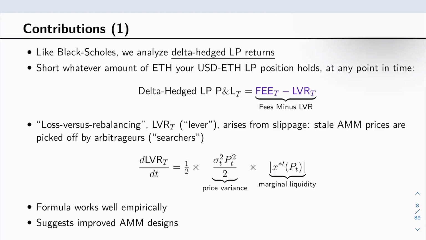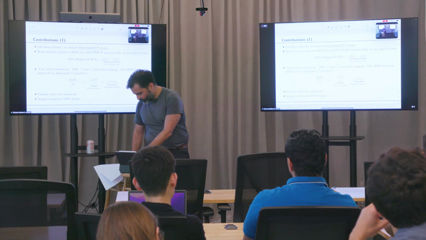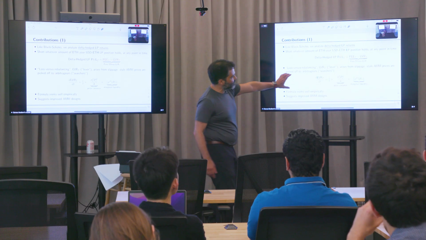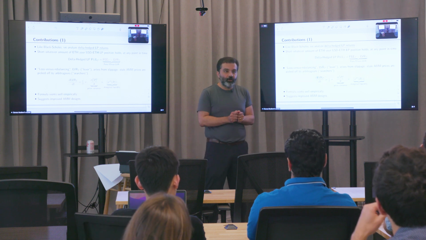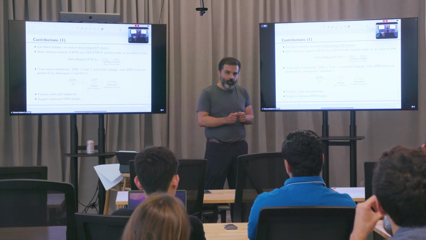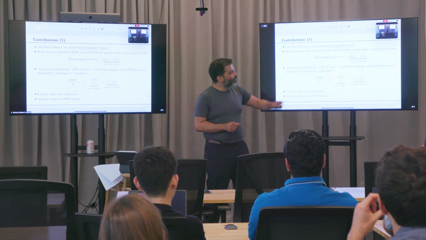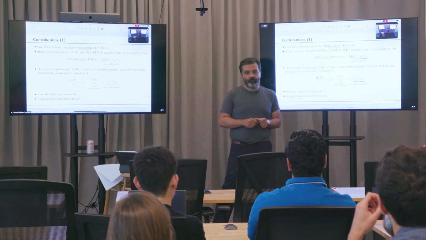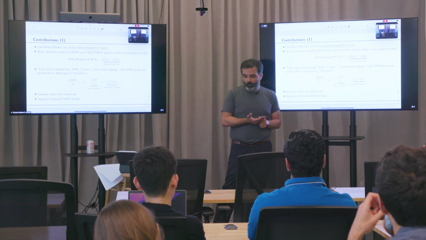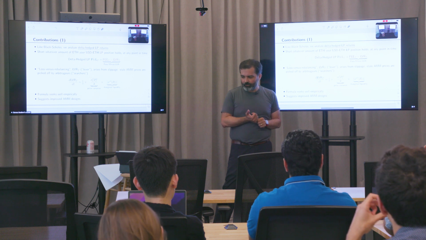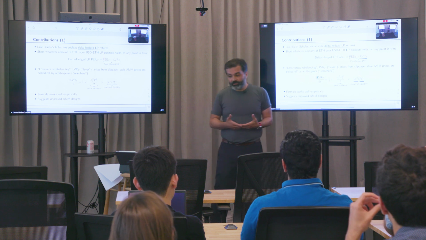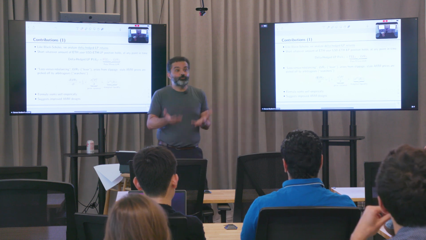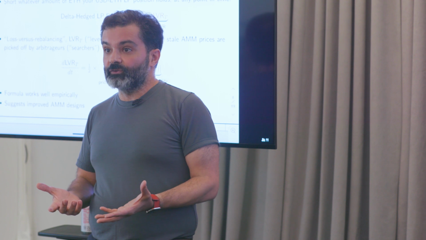Now, this isn't the end of the story, of course, because the way we derived this adverse selection cost, we imagined arbitrageurs who are continuously monitoring the pool and trading against it, but are not paying the trading fees. Recall the pool has trading fees. We did that as a simplification, but in reality, the arbitrageurs do pay trading fees, and that's a friction on their trading.